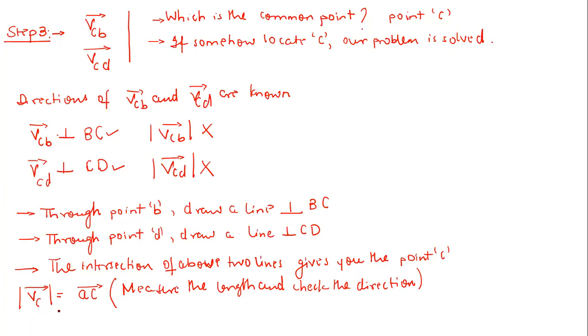Now again, the velocity of point C becomes known, then velocity of point C with respect to B, right? Sorry, VCB vector is equal to VC vector, right? So these two vectors now become known to us. So at this step, most of the things are completed. Now let us move ahead and try to find out the velocity of intermediate point E.